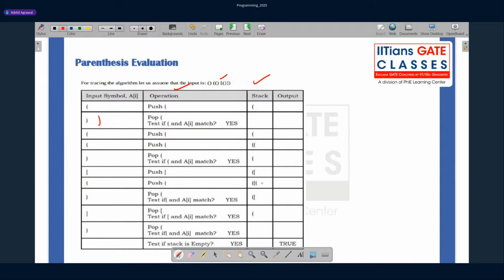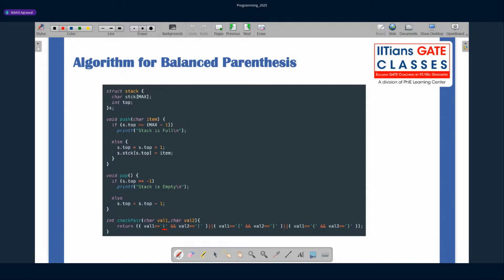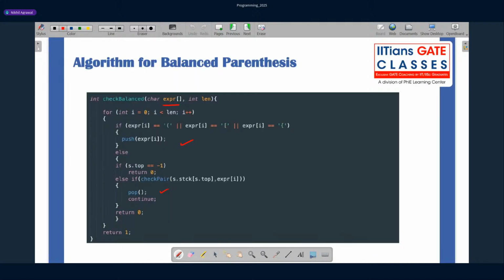Again we have an opening bracket, so we'll push it onto the stack. Now we have a closing bracket, so again the pair is matching, yes. Now we have a closing square bracket, so again this is matching. Now we have a closing bracket, so again this is matching. Now my stack is empty, we have validated the expression, so that's why it's true. I hope everyone got what this test means. This test is similar to checking the pair, opening and closing of the same type. I just wanted to touch very briefly on how this algorithm works.